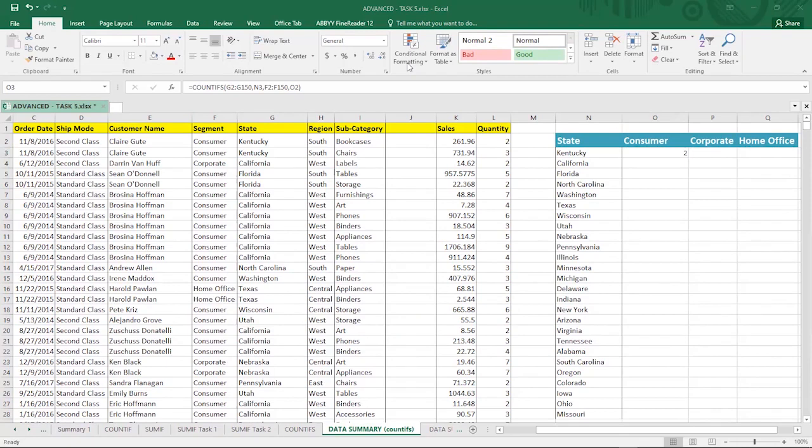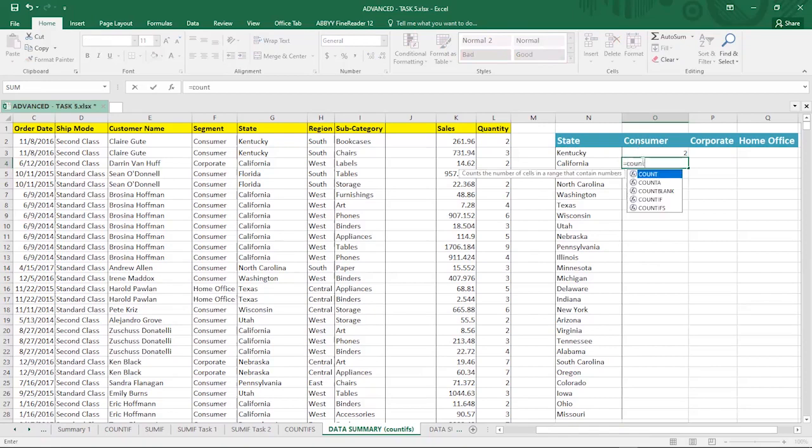So I'm going to go through that for the second example. So COUNTIFs equals COUNTIFs. Okay. So our criteria range 1 is the column where California is. Then the criteria range 2 is the column where consumer is. All right. So for each of the criteria,